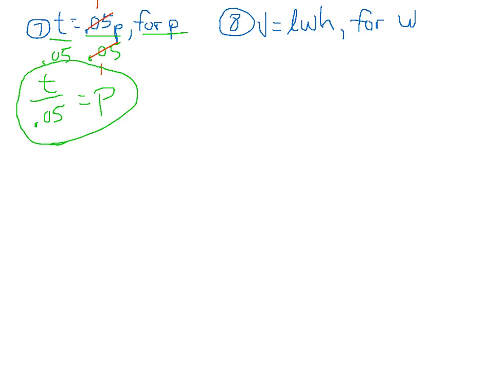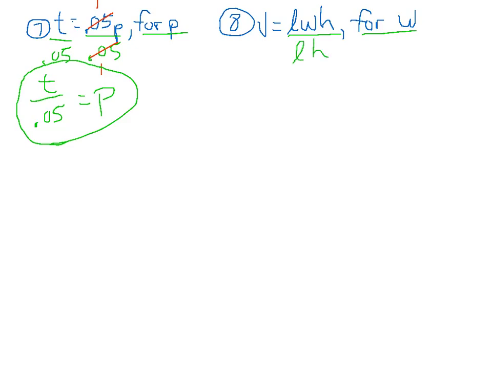In number 8, we have the volume formula for a rectangular prism. V equals length times width times height. We want to isolate it so that w is by itself. So we got to look at the side of the equation, what's happening to w. Well, w is being multiplied by l and being multiplied by h. The opposite of multiplying, or to undo it, multiplying by l and multiplying by h is to divide